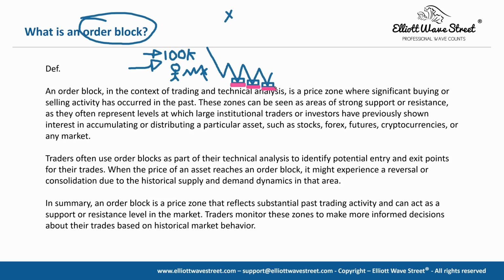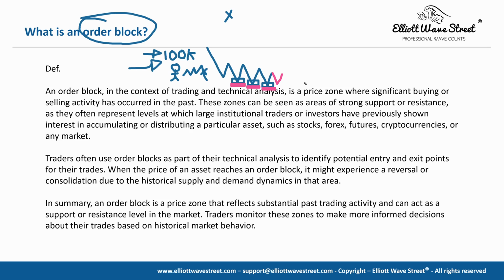And there are different theories about why they need to go back to those order blocks. There are some theories that they like to push the price back to the order block because they can continue filling their order at that price. So their algorithms have to continue buying at that area. Could be because they were trying to manipulate the market, and you can imagine all the theories that are around